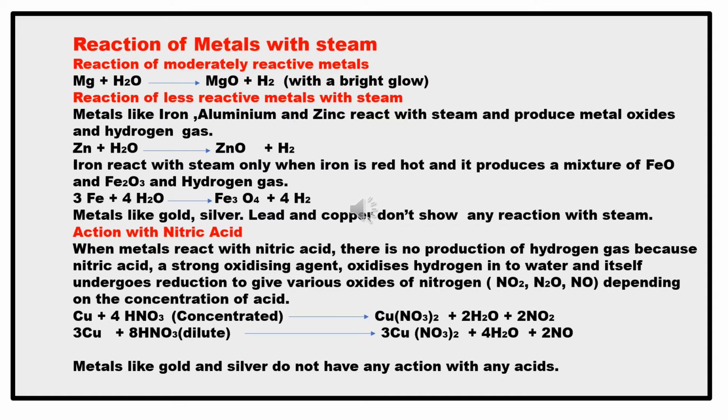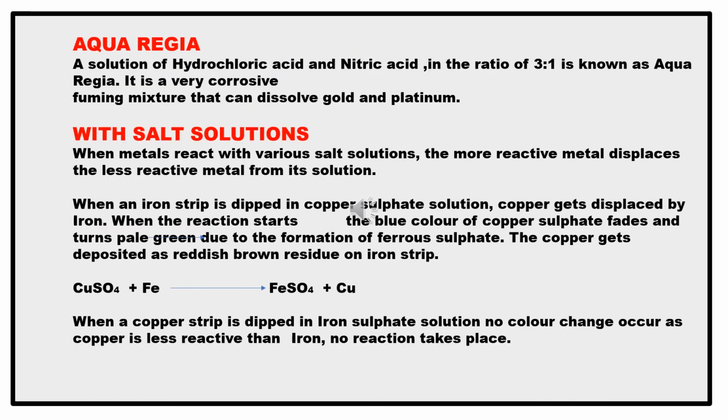And you know that metals like gold and silver, they do not react with any acids. Metals like gold and silver, they do not react with any acids. Here also, they don't have any reaction with the nitric acid. We have already learned that gold, silver and platinum, these metals do not dissolve in any of the liquids, even in acids. So we have already seen that. Now, are these metals inert? No, we cannot say these metals are inert metals because there is a liquid in which